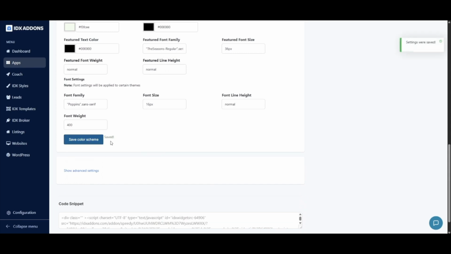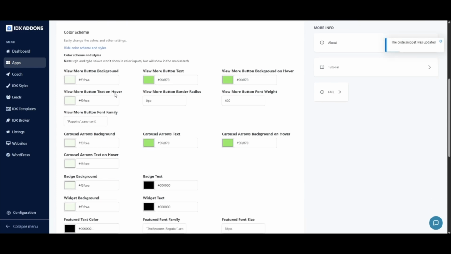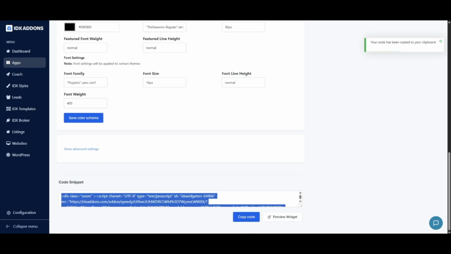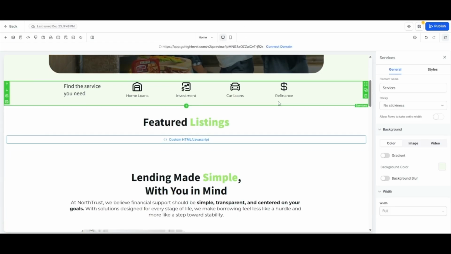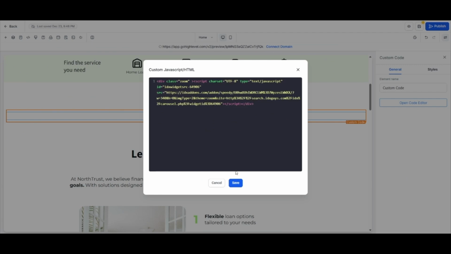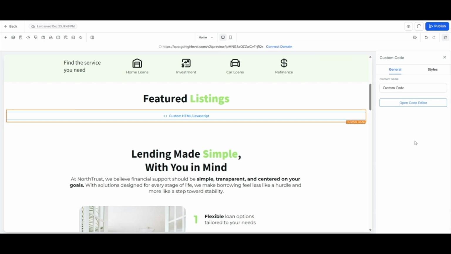Once everything looks right, we save the changes, select the zoom theme for the widget, and save again. Then we click Copy Code, go back to GoHighLevel, paste the code into the custom HTML/JavaScript section, and save the page. Now, when we preview the page again or view it live, what visitors see is a fully restored, beautifully